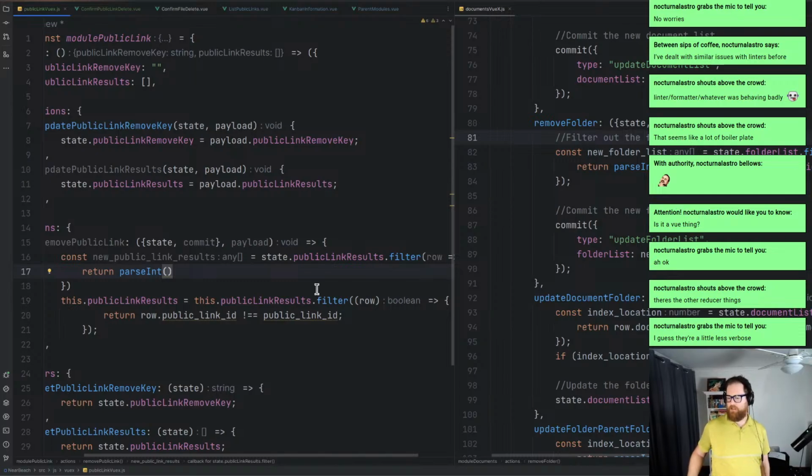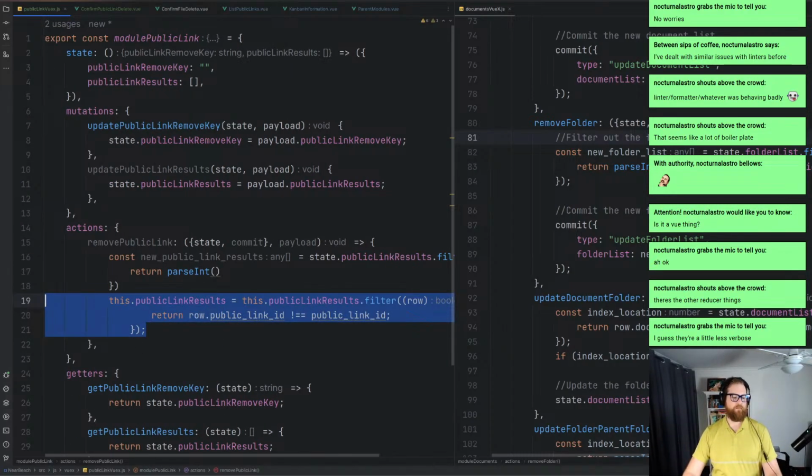There's the other reducer things. I guess a little less verbose. Yeah, I don't mind this. Now that I understand what each of these components are for. So for example, mutations are only meant for the mutation of the data, whereas the actions are for the business logic, which we're doing enough business logic here to state that, yeah, this belongs under an action. The getters and all that, yeah. I can understand in a lot of cases, a lot of this could potentially be removed. So for example, I've got get outside the public remove keys. We can probably do a set or update and stuff like that. But